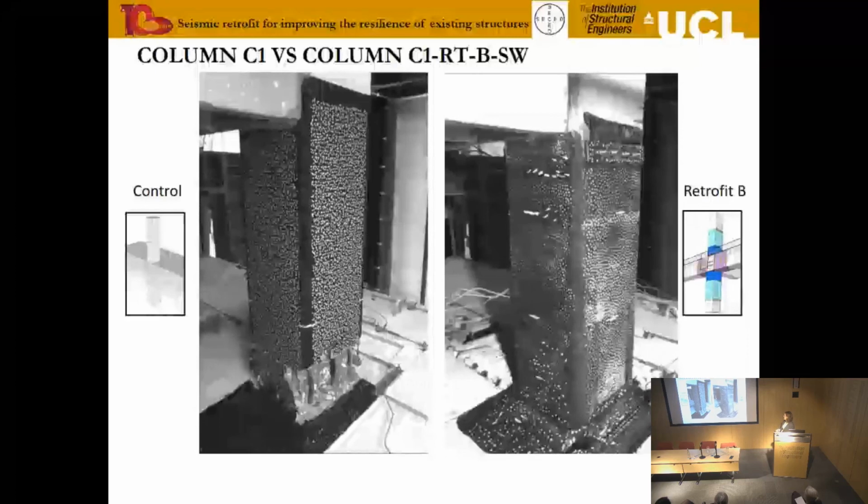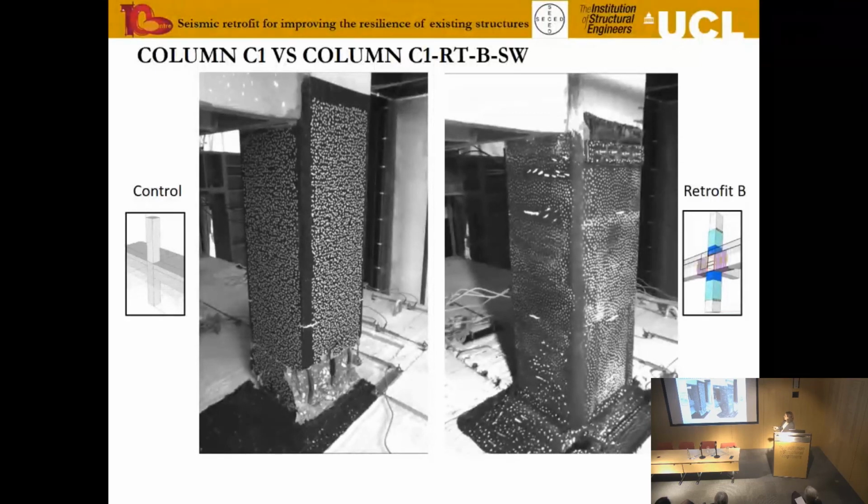Typical of the top column and its behavior of the control specimen compared to when you have the strengthened one with slab weakening, etc. And what you can see here is obviously this concentrated failure at the end of the column, which is avoided here because we've activated quite a significant amount of damage now in the beams, but further away from the joint, so there is no damage around the joint. These are actually moving at different rates because this one underwent much larger displacements than the other.